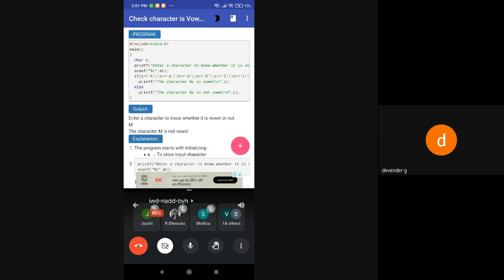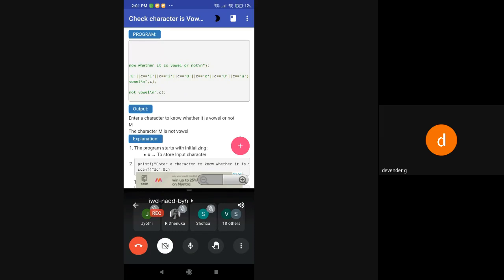That's why I'm using here c is equal to capital A, with the OR operator. You can see the pipe symbol. The pipe symbol explains that any one can be satisfied. So here capital A or small a, capital E or small e, capital I or small i, capital O or small o, capital U or small u.